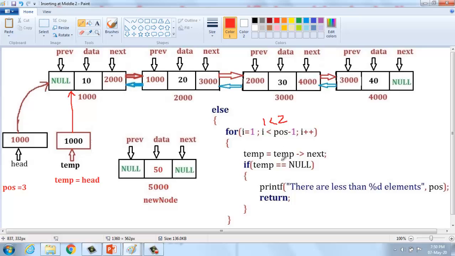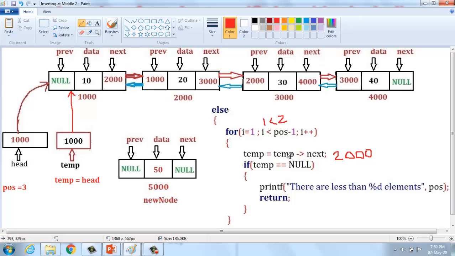So condition true. Here they are going to identify temp pointer next. What is the value of temp pointer next? Temp is 1000. Okay, pointer next, they're going to point to next. What is the value? It's going to point to the value as 2000. They're going to increment the pointers. Before temp equal 1000, after temp equal 2000.